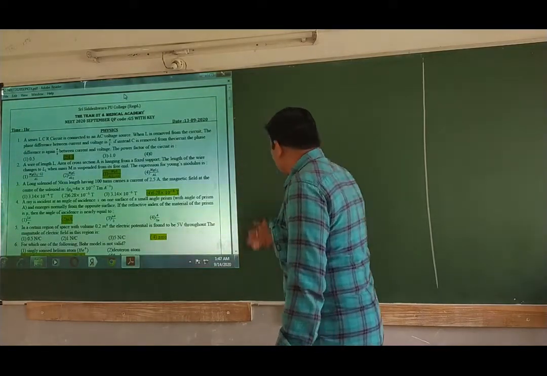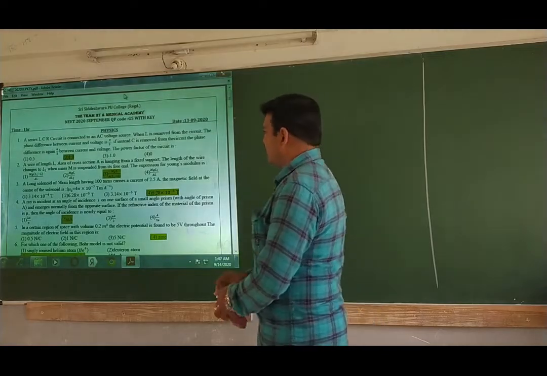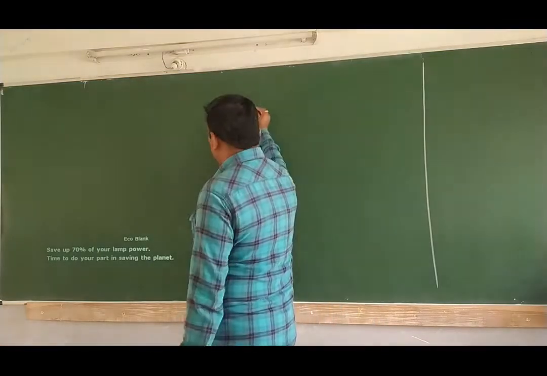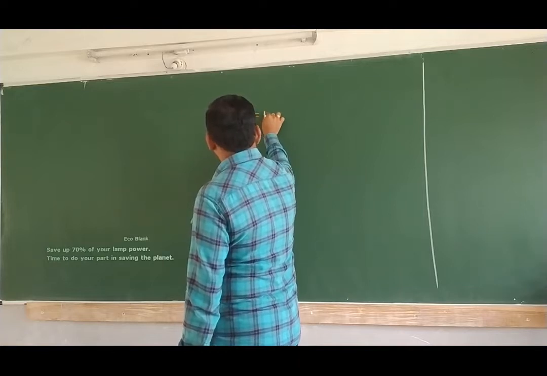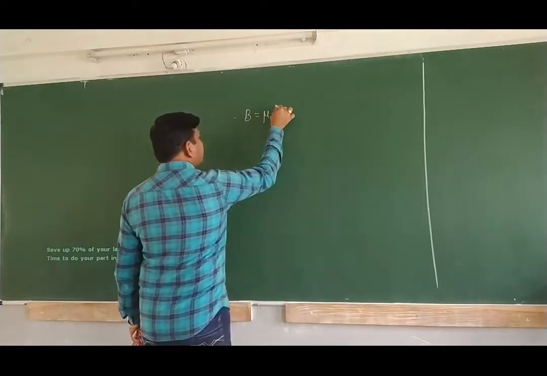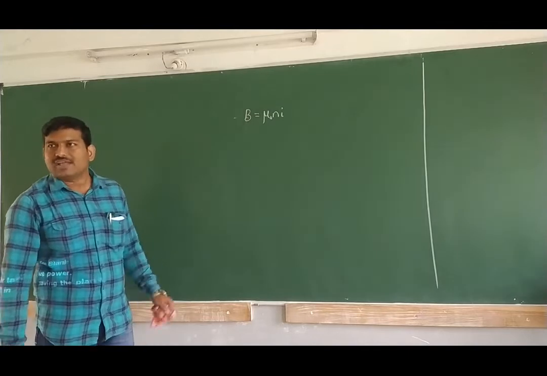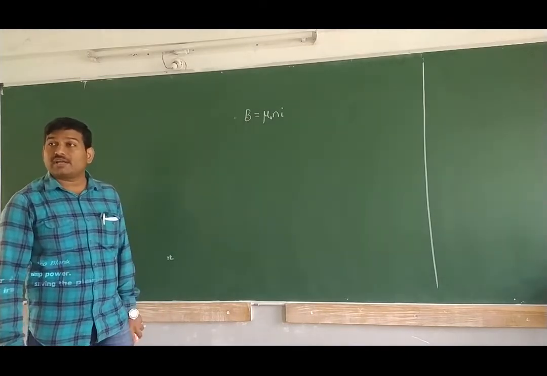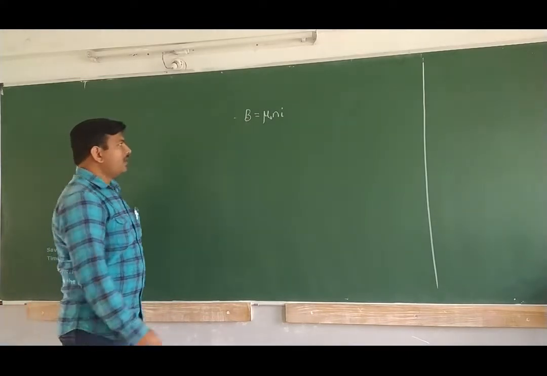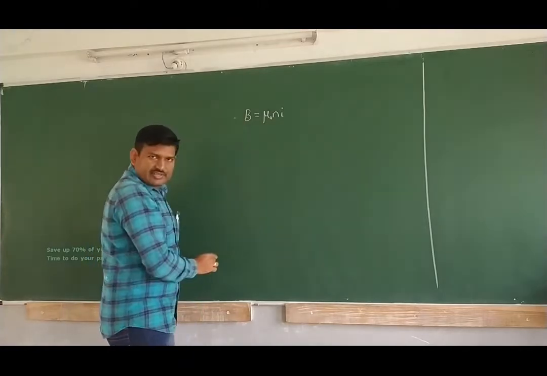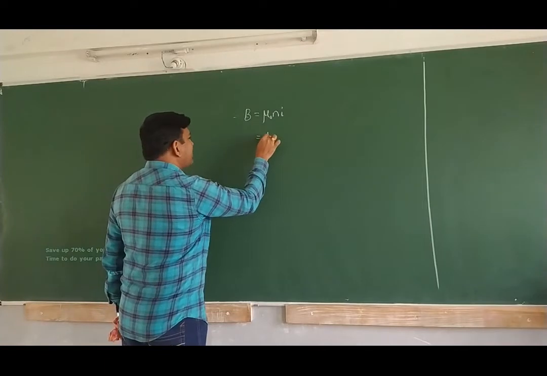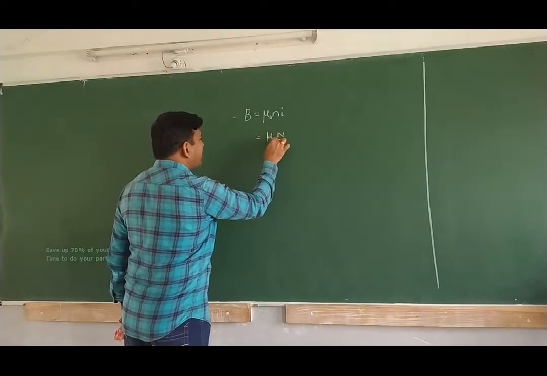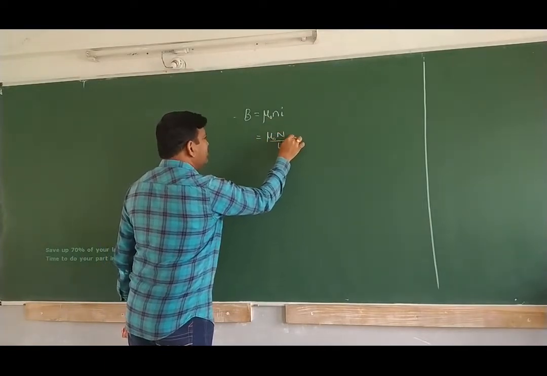It is also a basic formula related question. Now see, the magnetic field inside the solenoid is given by which formula? B equals mu naught n I is the formula for calculating magnetic field well inside the solenoid, provided it is an infinitely long solenoid. So here mu naught is known for us. What is n here? Number of turns per unit length. This can be written as mu naught into capital N divided by length into current.